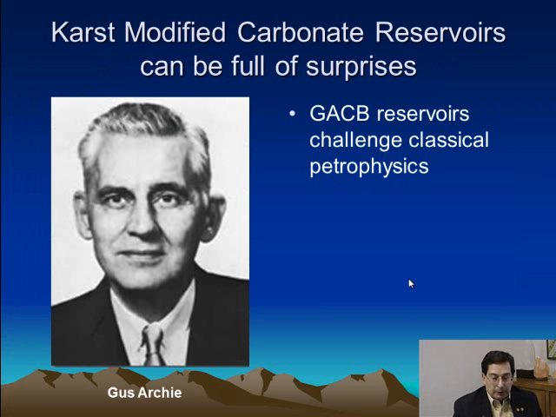I have to tell you a story. I want to go back now. Let's leave the unconventional thought about shale, and let's come back to the main topic of this presentation, which is the carbonate reservoirs, and in particular the karsted dolomite reservoirs, which represent, I would say, about 80 to 90% of the production for the Great American Carbonate Bank. And the fact that the karst alters the carbonates can make for some very big surprises. And if you talk to people who have explored for the Arbuckle, Ellenberger, Knox, they almost always have stories about bit drops and surprises, and it can be extremely, extremely exciting.